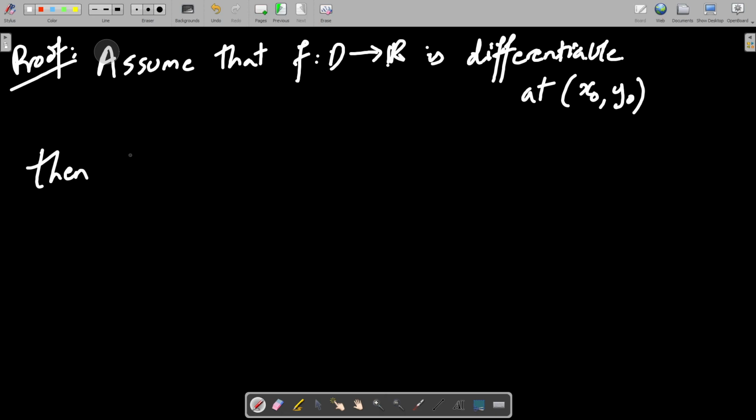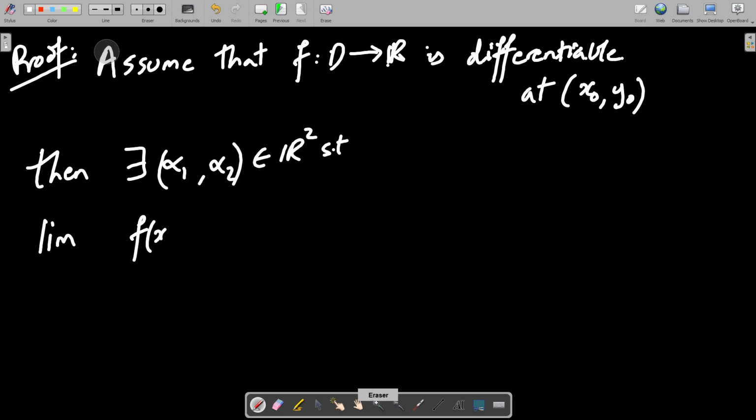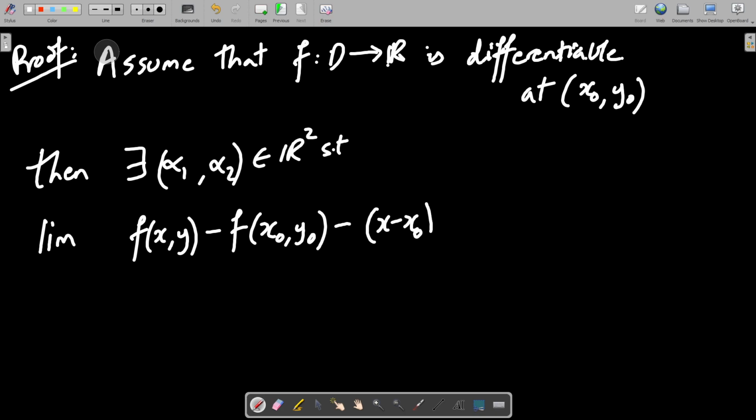Then there exist alpha 1, alpha 2 belonging to R such that the limit of f of (x, y) minus f of (x naught, y naught), now instead of writing h times alpha 1, I'll replace my h with x minus x naught,